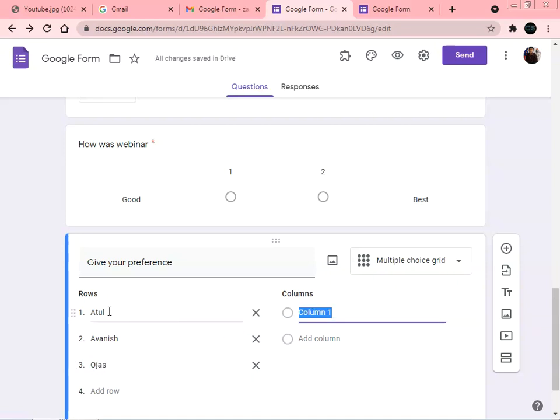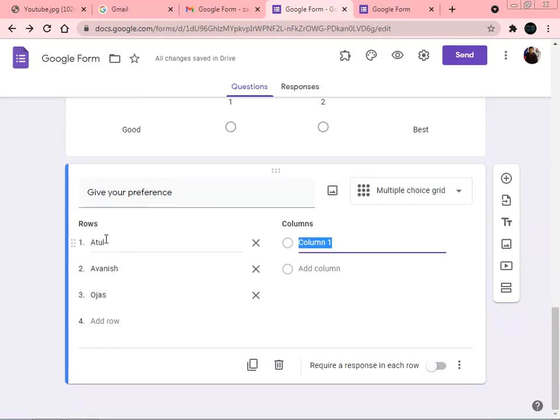These are nothing but the three teachers. On what different parameters do you want to check these three different teachers? The first one is teaching quality.